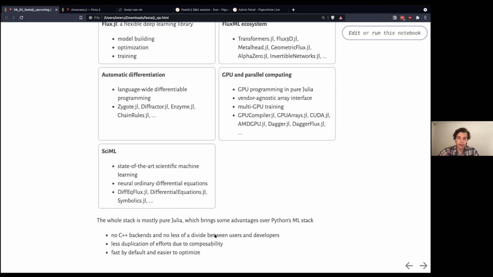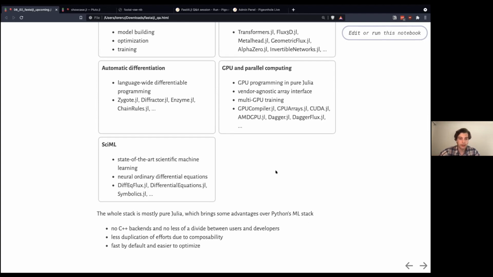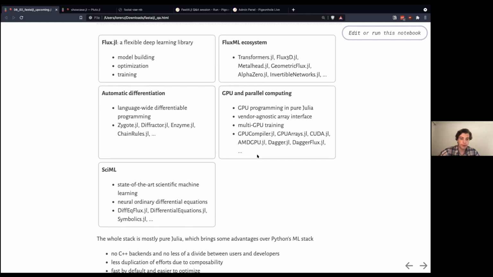And as a result, the ecosystem has gotten really far with probably 1/100 of the manpower that exists in the Python ecosystem. So there's really less duplicated effort. For example, PyTorch and TensorFlow, they all implement their own GPU kernels, their own array interfaces or tensors. And so this is really where Julia shines. I'll quickly hand over to Chris to say a few words about SciML and automatic differentiation and the kind of advanced things that you can do in Julia that aren't really possible in other frameworks right now.